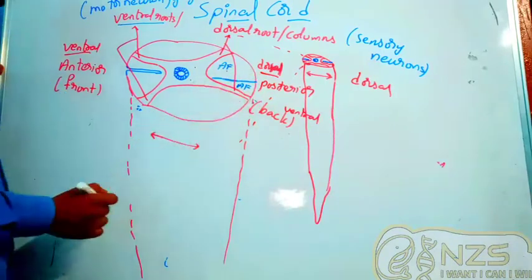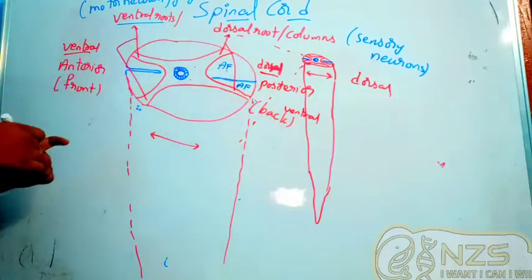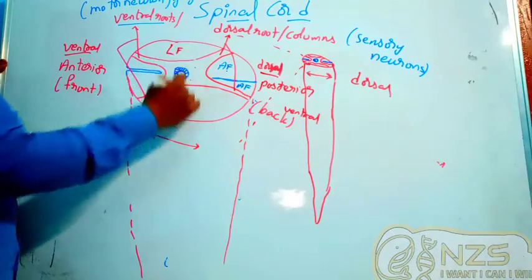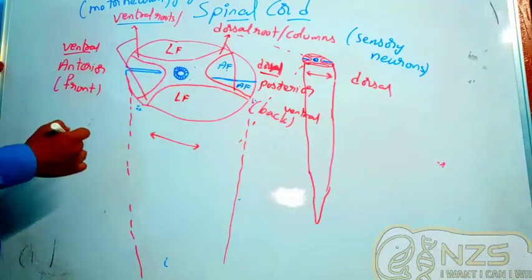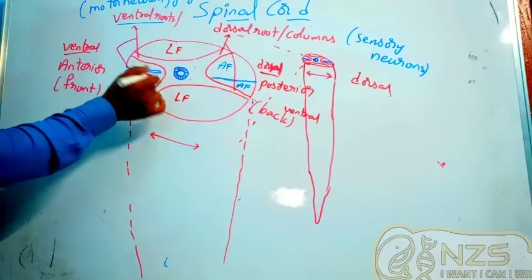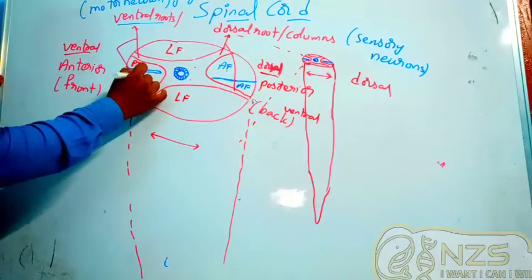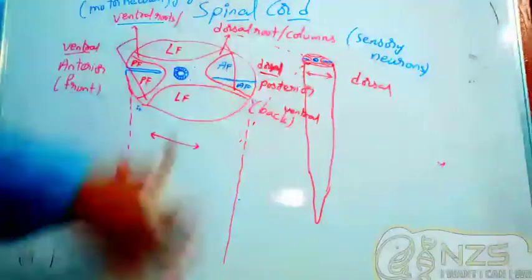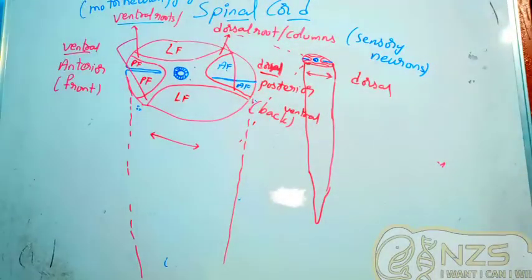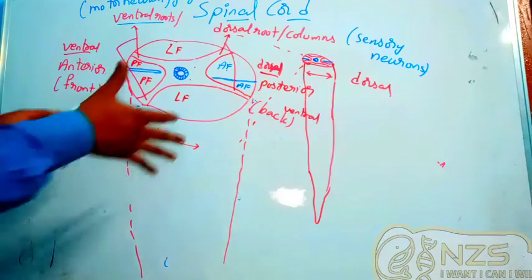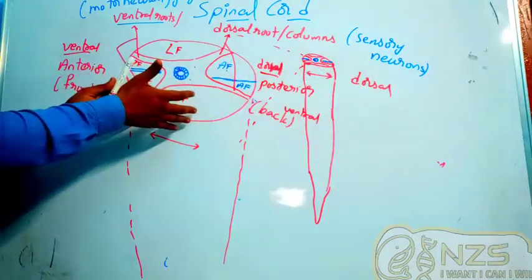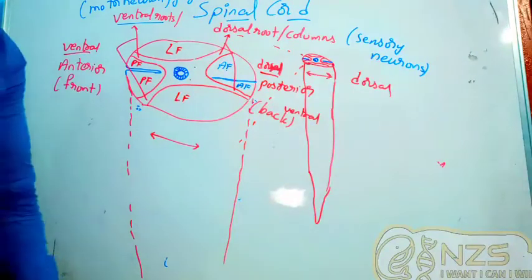This portion is the anterior funiculus, and because of gray matter, what happened? This white matter has been separated into the lateral funiculus (LF). And here we have the posterior funiculus. Now, what are these? These are all nerves coming down from the brain or going to the brain. You know, white matter is all the axons part, right? So the PNS is different, but this is the CNS. This is the white matter of the CNS portion.